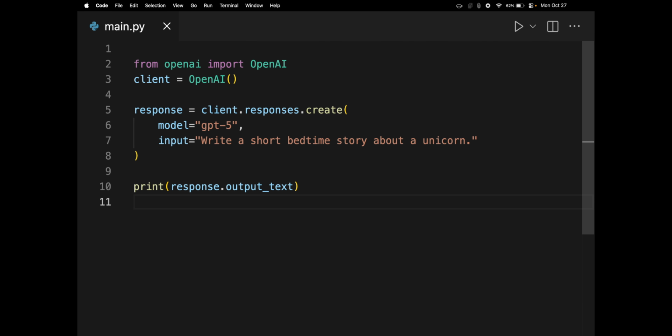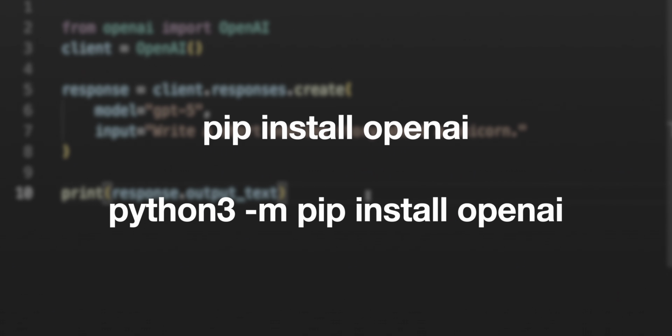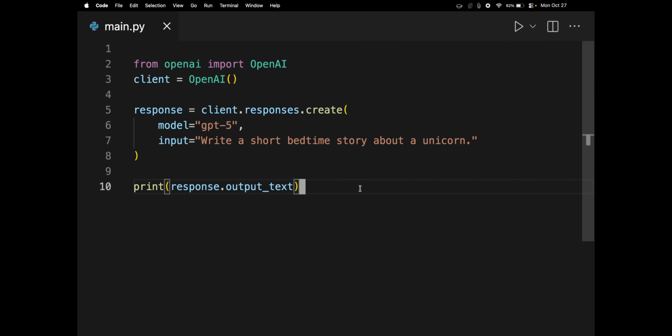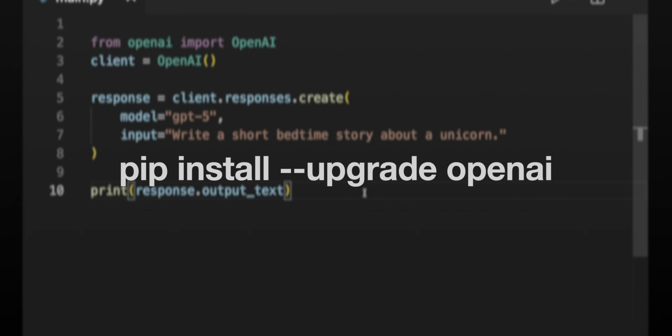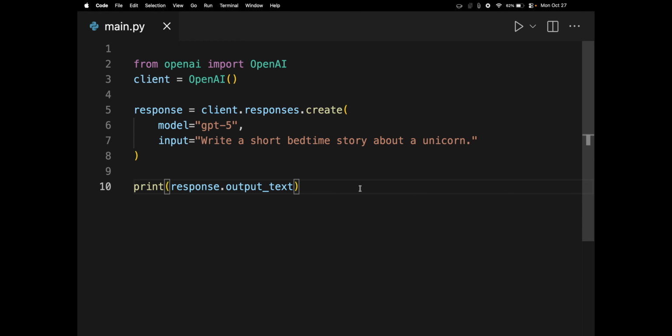We can just paste it here, and I already have it installed here, but first you need to make sure to install the OpenAI module using one of these commands in your terminal. And you might also need to run this command to upgrade the module if you haven't in a while. Then we're pretty much all set, so we just need to grab the OpenAI API key by going to the